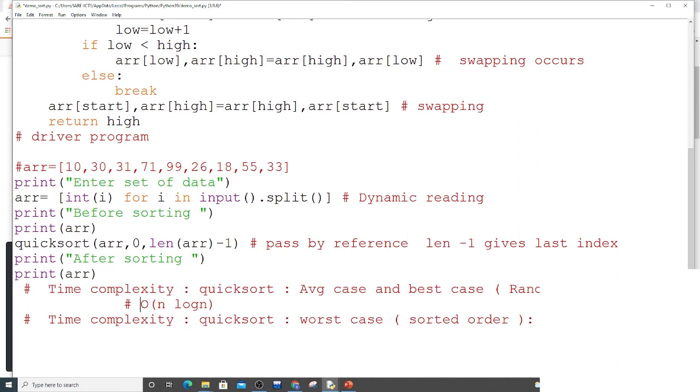Most of the time in the exam they may also ask about the time complexity factors. What is the time complexity for quick sort in the best case, or what is the time complexity for quick sort in the worst case? All types of questions you may face in the exam, so you have to prepare this well and remember these things. And what type of algorithm is used in quick sort? The answer is the divide and conquer policy algorithm, because it is partitioning the entire list into two parts.